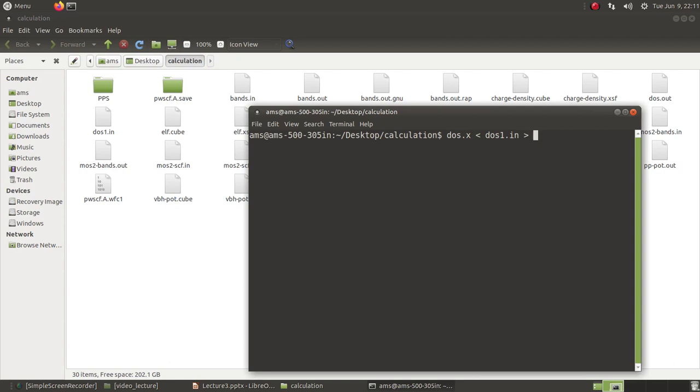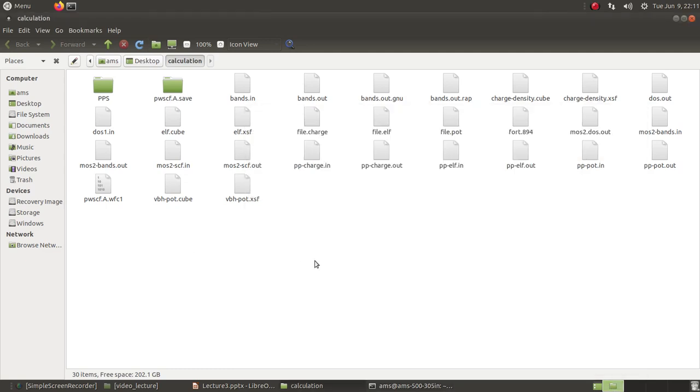We have all the data from our previous run in the last lecture for this two-dimensional MoS2, and today we will first show the calculation of the DOS. So this is the output file name. This is the output log, not the data file. The data file had already been specified in this DOS.in, and the calculation is done.